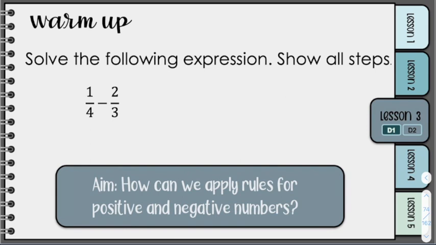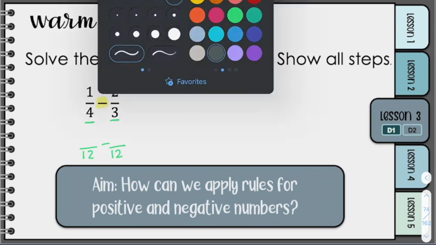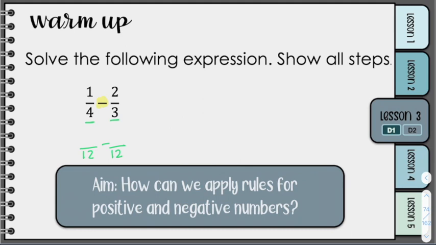So you want to make sure you're identifying that you're subtracting. So you want to make sure you have a common denominator. Our common denominator would be 12 for both of them. So you need to find a value that's going to multiply by each numerator and denominator to get to 12. So 4 times 3 will give you 12, so the numerator will be multiplied by 3 as well. So you have 3 over 12. To get from 3 to 12, you have to multiply by 4, so that means you multiply the numerator,